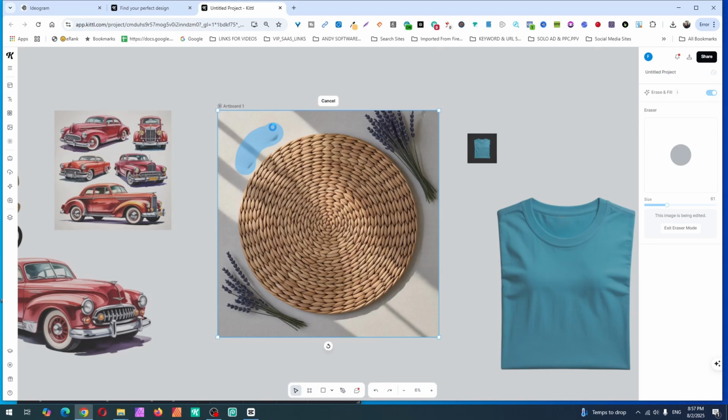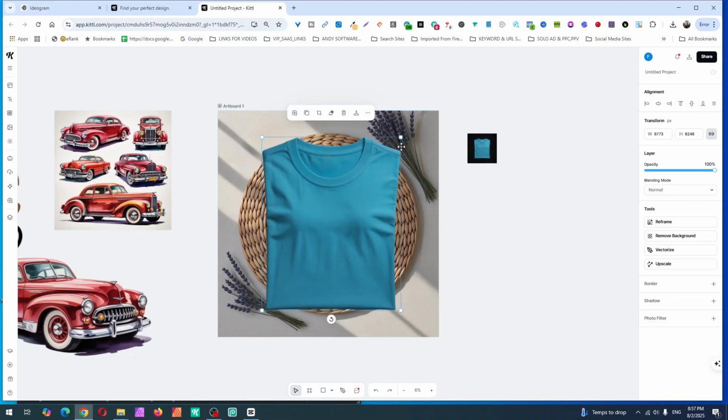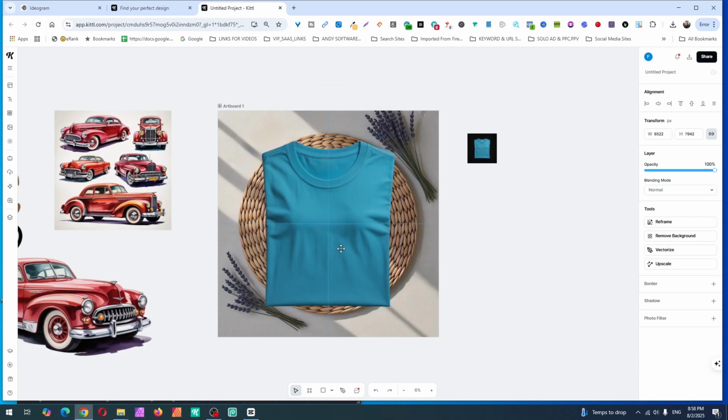And after that, I will put the t-shirt on the top. Let's remove this as well. There you go, it's ready. Just click done. Now let's grab this t-shirt. And we can leave it like this. We can make it a little bit smaller. Perfect. And now let's say it's gonna be